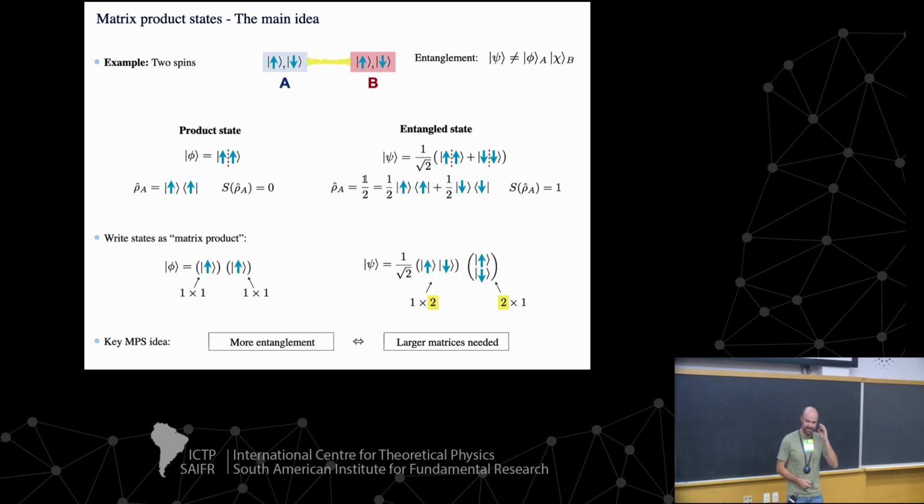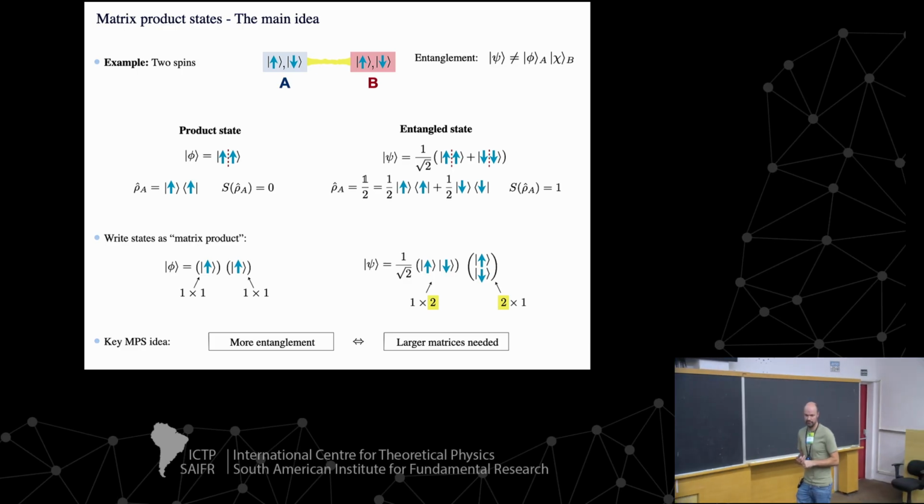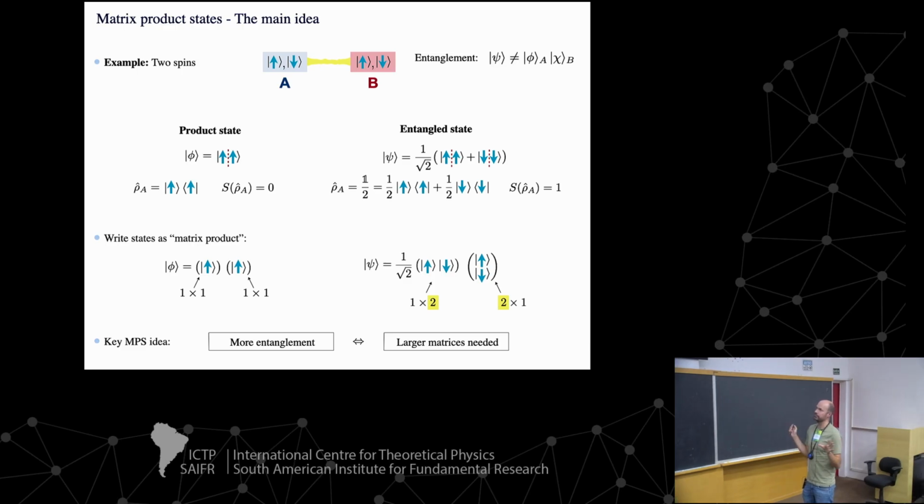So finally, one last analogy I want to do, and then I will go on to the algorithm and then show some results. Here's maybe one last final, very intuitive way to understand what we are doing here. Again, if I take like 2 spins only, if I take a product state,